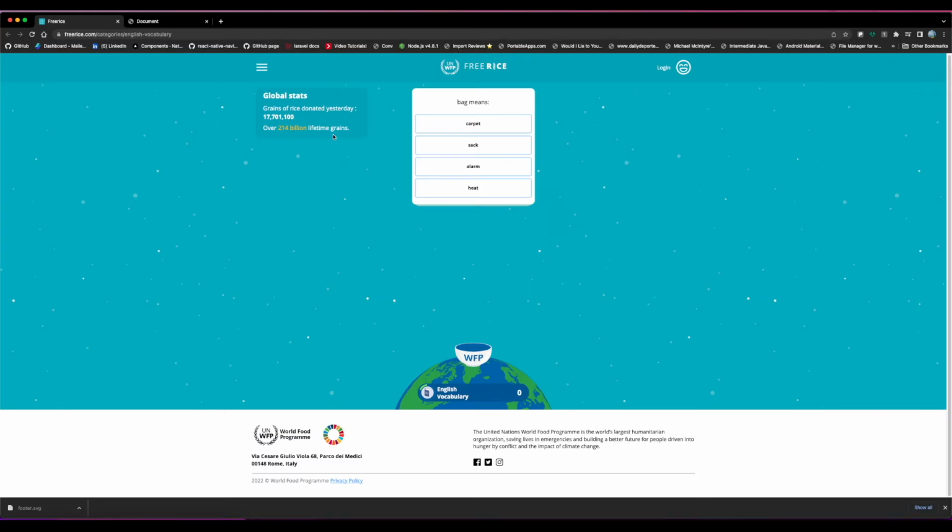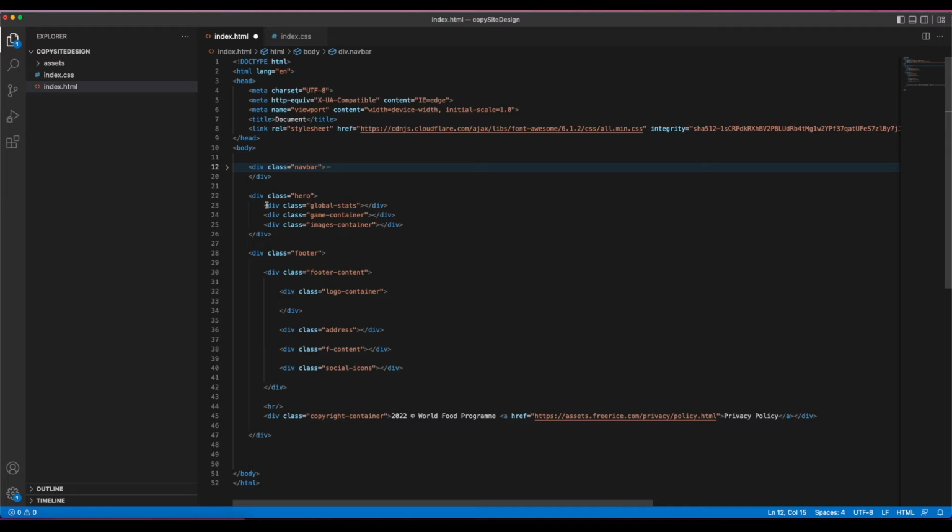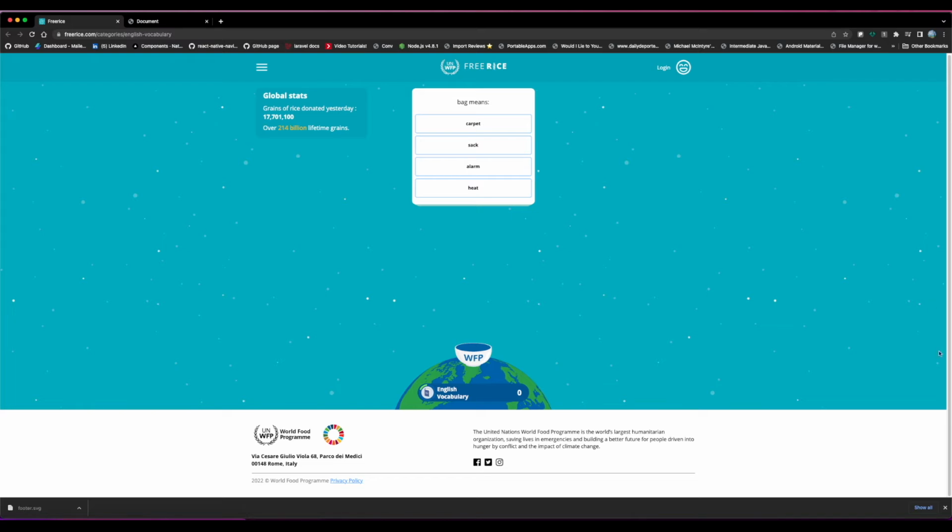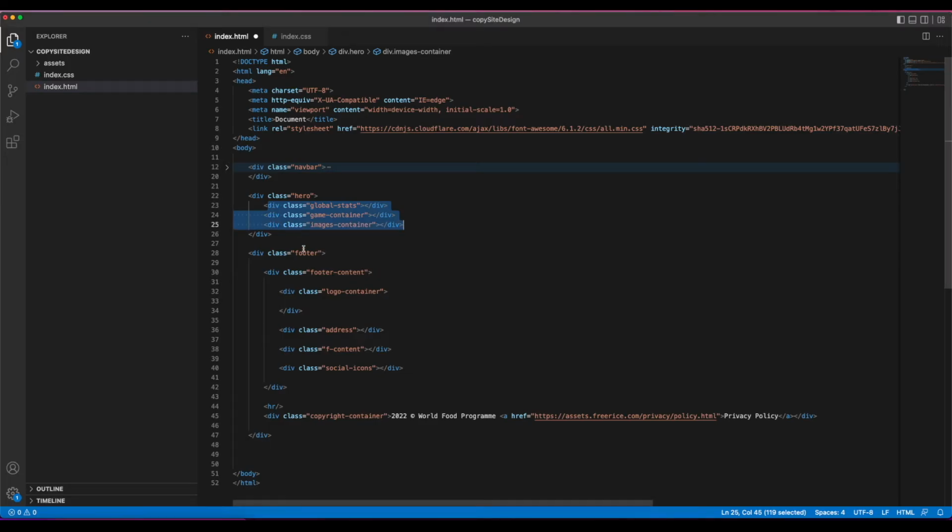In here, as you can see, we've got a section right here, another section right here, and I believe there's a 3rd section with a few images. So we're just gonna try and mimic that as well. So I've got 3 sections in here as well to reflect that: global states, game container, images container. So that's all of this. And then the last part is the white part at the bottom, the footer. We've got 2 sections, one to the left, one to the right. So we've done footer,